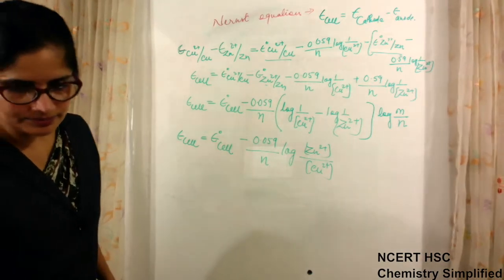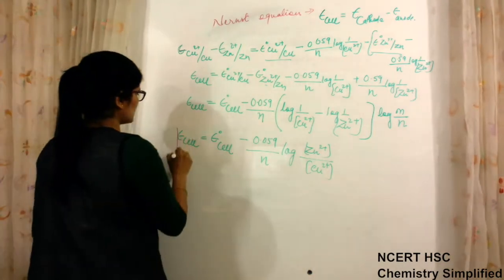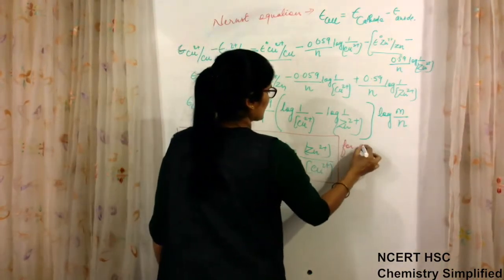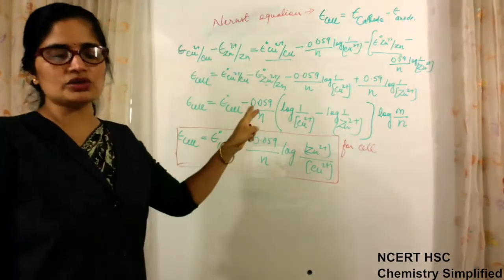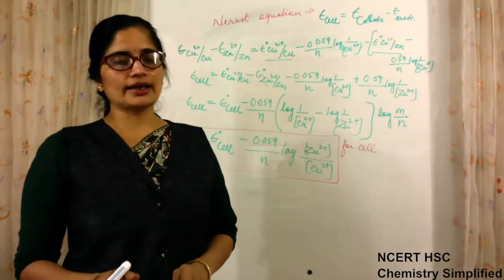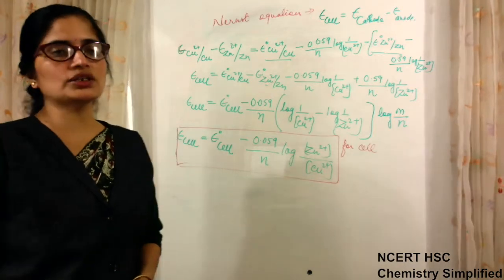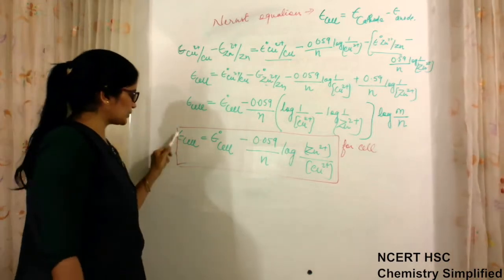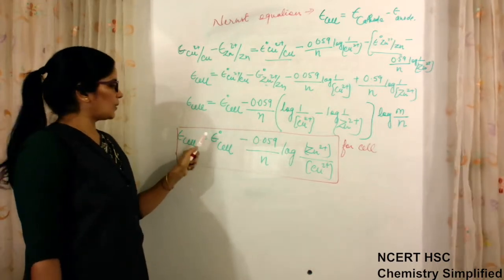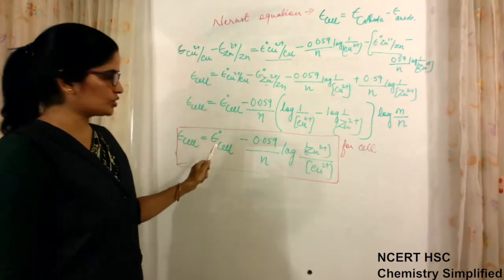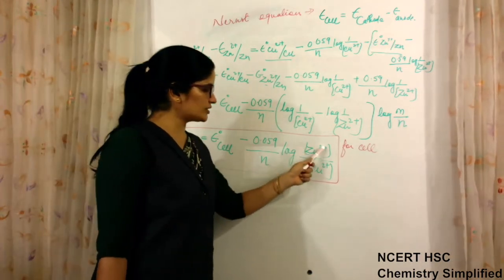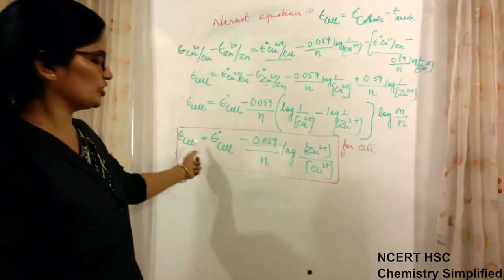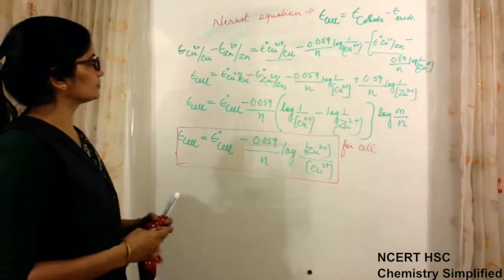Okay, then this is the Nernst equation for the cell. Those two were also Nernst equations, but they were for electrodes, for the oxidation half and for the reduction half. So this is the Nernst equation, which is used for the calculation of the cell potential when the standard potential of the cell is known, as well as the concentration of the involved ions in it. So we can calculate the potential of the cell. Clear?